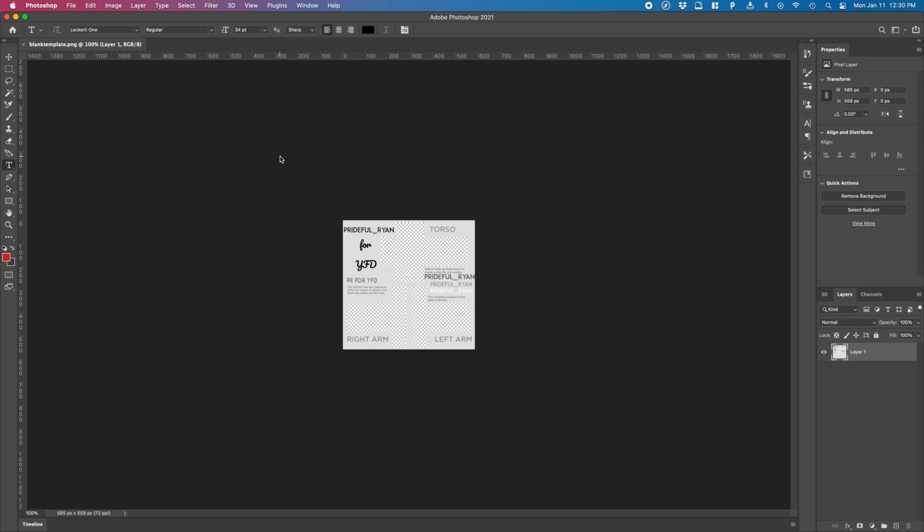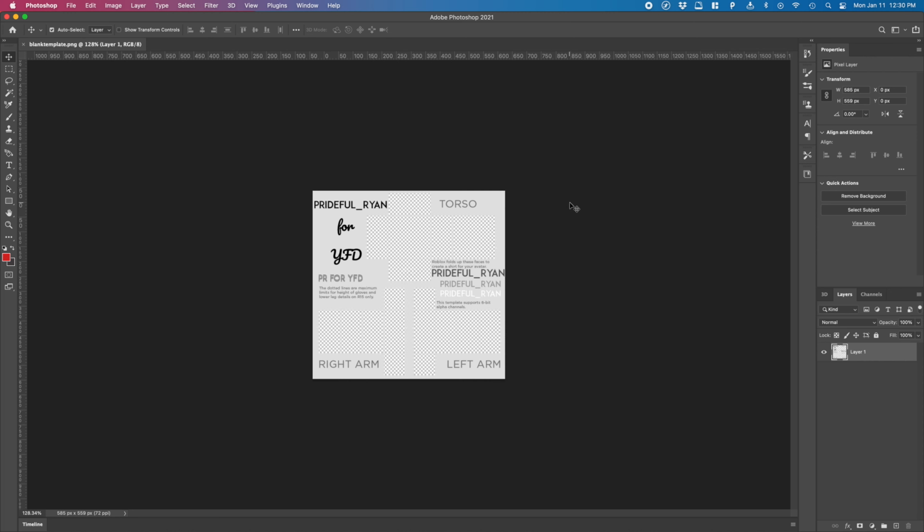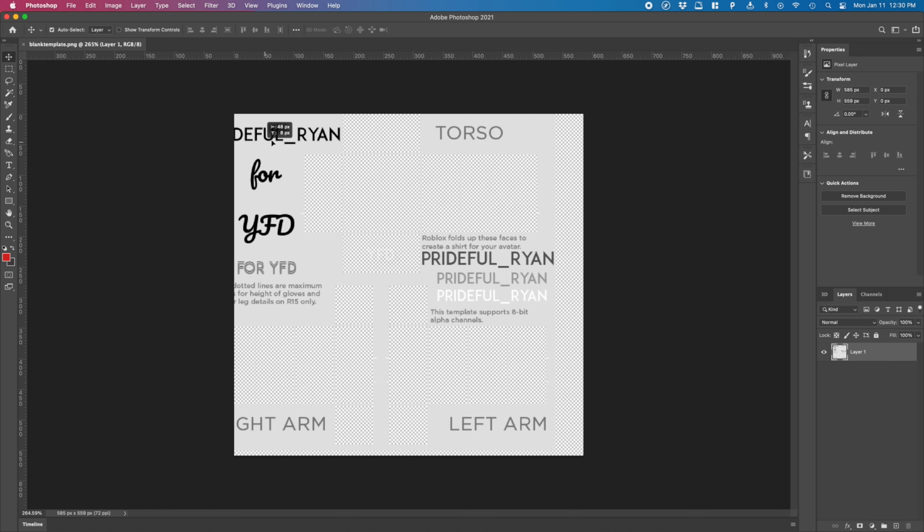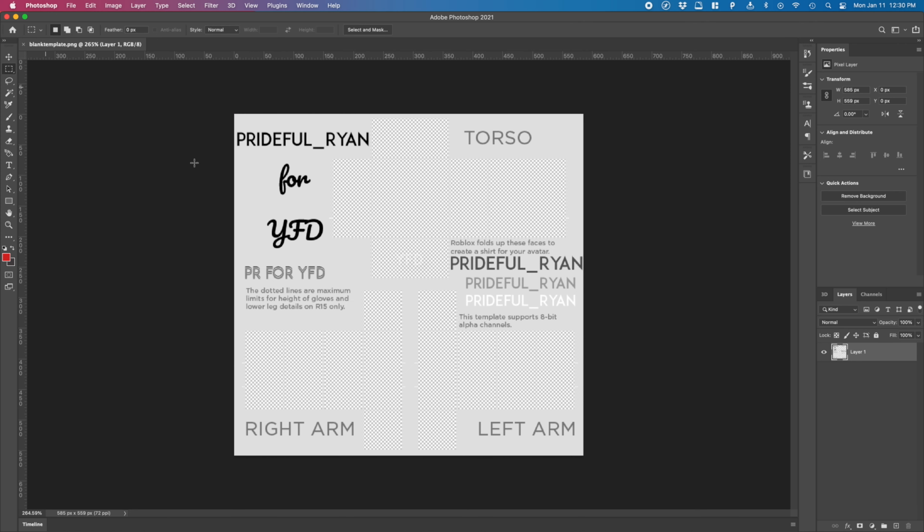Alright, so this is what I call your workstation. This is what that's going to look like. On the left side, you will see your tools. The top one is the Move tool. Here, let me zoom in a little bit. This is going to let you move the layer around. The next is Select,